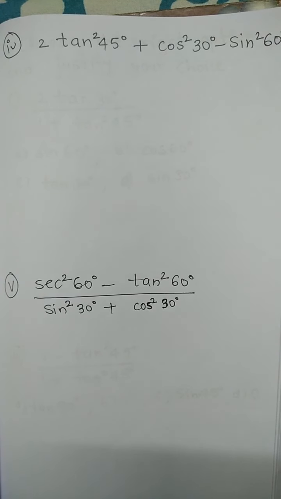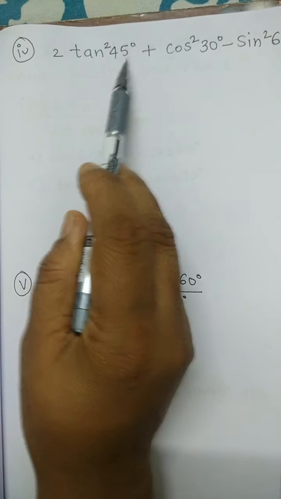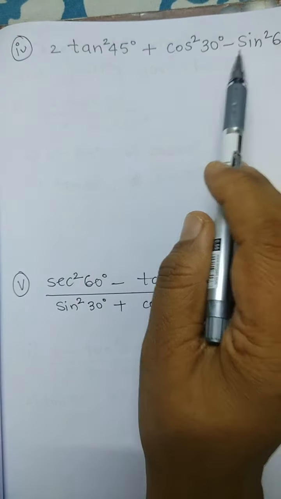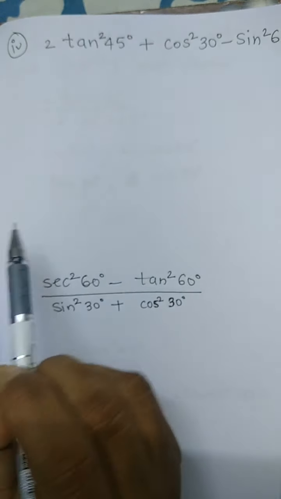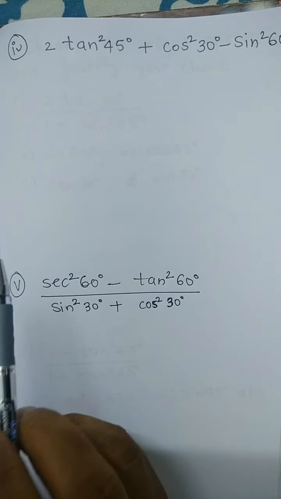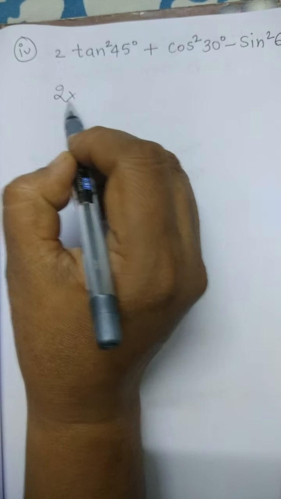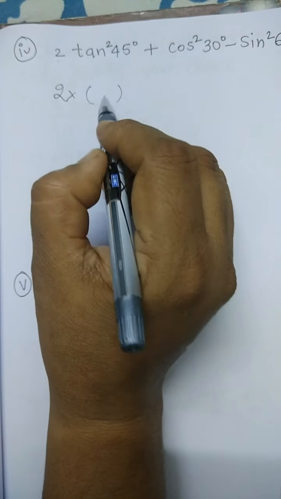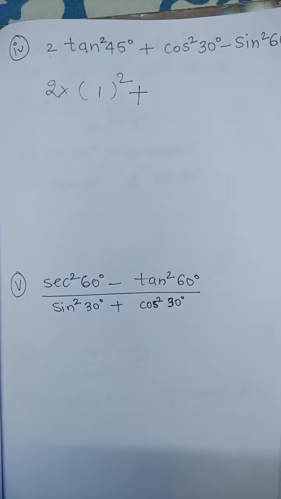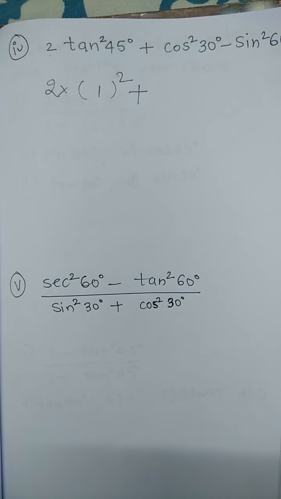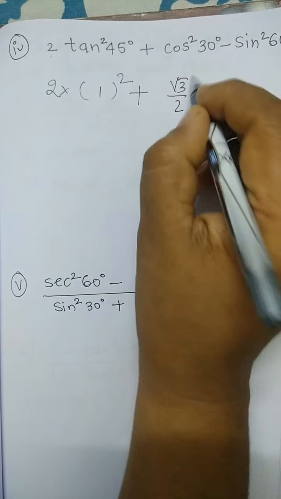Let us see the next question. In the next question, 2 tan square 45 degrees plus cos square 30 degrees minus sin square 60 degrees. What is the value of tan 45 degrees? Tan 45 degrees is 1. So let us substitute here. It is 2 multiplied by the tan 45 degrees value, 1, and this square, plus cos 30 degrees. What is the value of cos 30 degrees? Root 3 by 2, but it is squared,